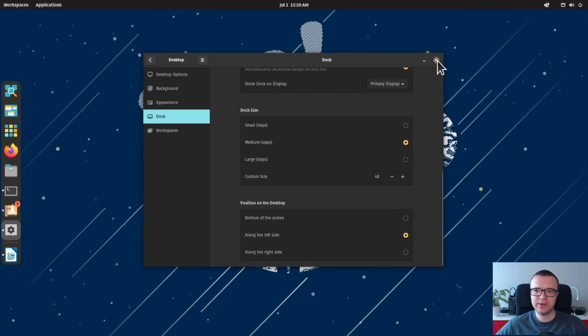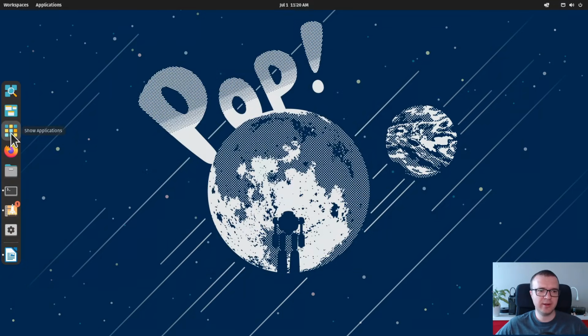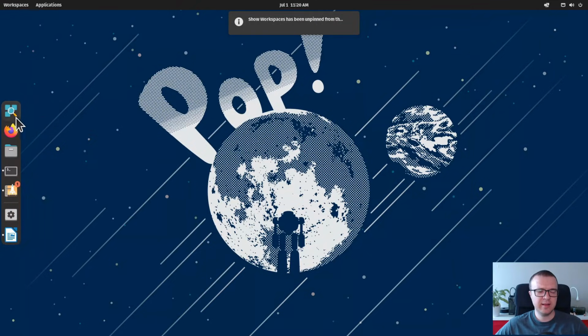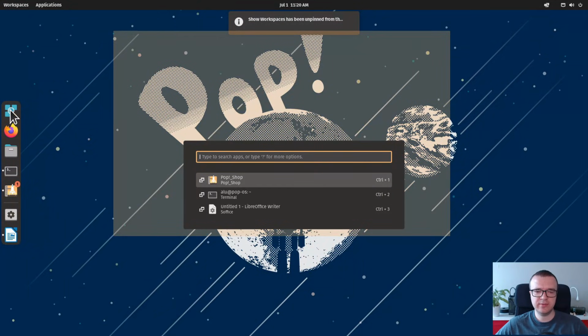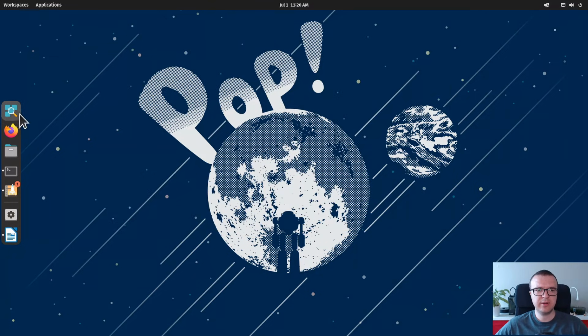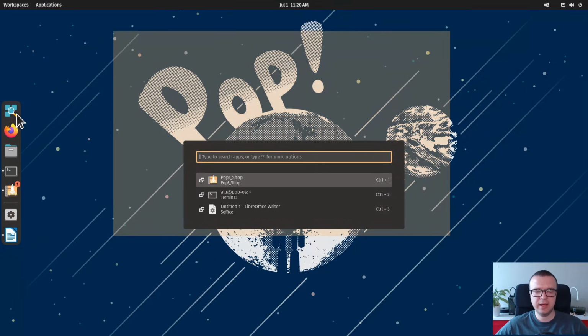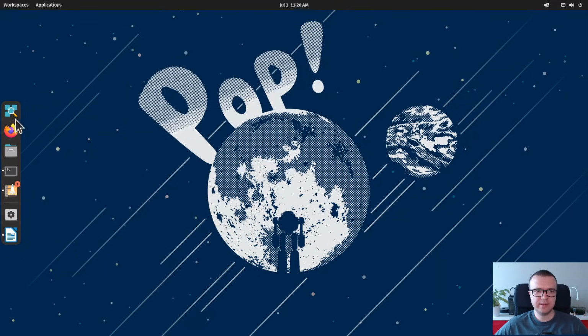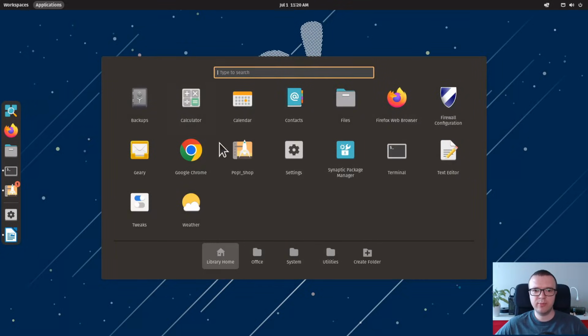There are a few more things you can do to your dock. For example, by default it includes show applications button, show desktop button and a launcher here. But the same options are available here. Workspaces is the same as this button, and applications, as you can see, is the same as this button. So I usually remove them from favorites. However, it's nice to have this launcher here for quick launch of different apps. You can also call it by pressing the super key. So if you want, you can remove it as well. This way your dock stays a bit cleaner, and you can add more favorite applications.